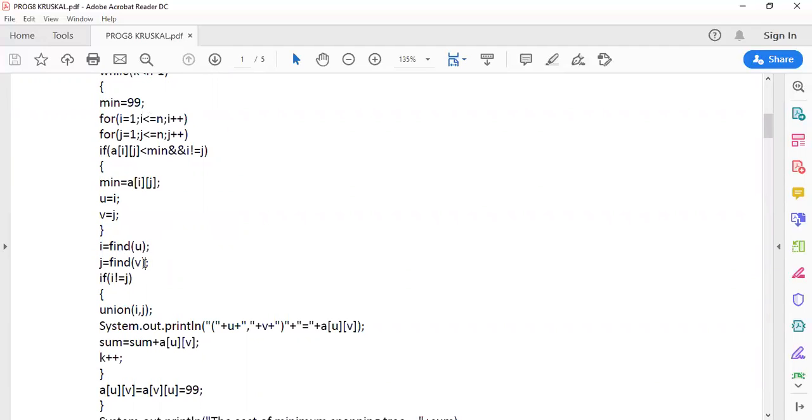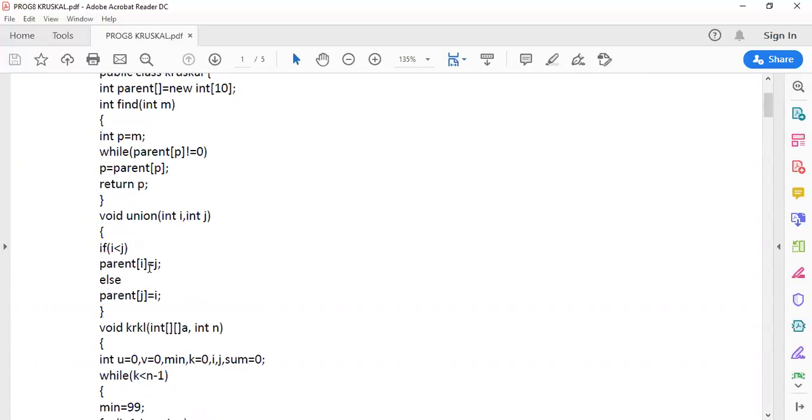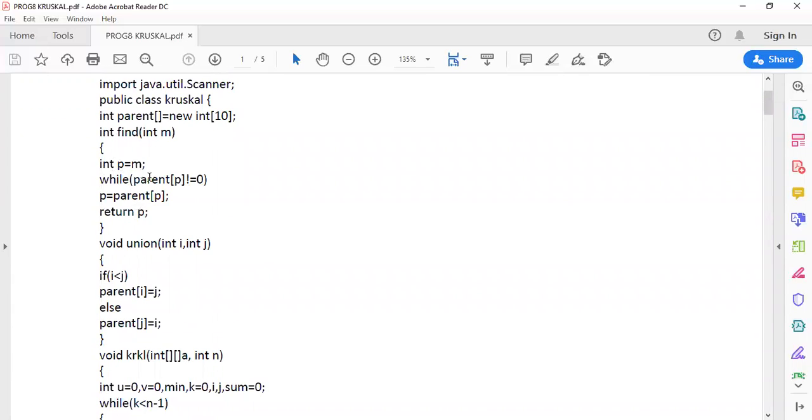In a similar way, when you call the find algorithm with vertex V, which is 2, it comes to this algorithm again. And vertex 2 has also not been assigned any parent. So the parent of 2 is 0. 0 not equal to 0, the condition fails. This statement is not executed and it returns P. What is P?